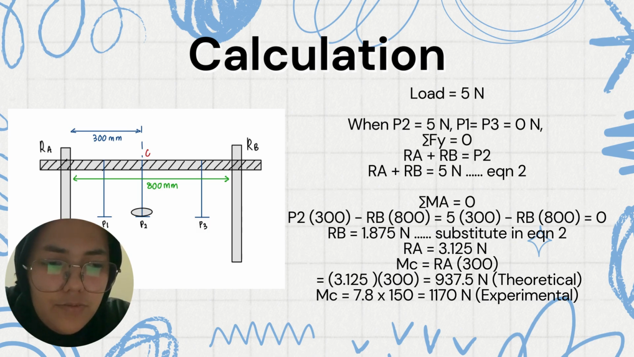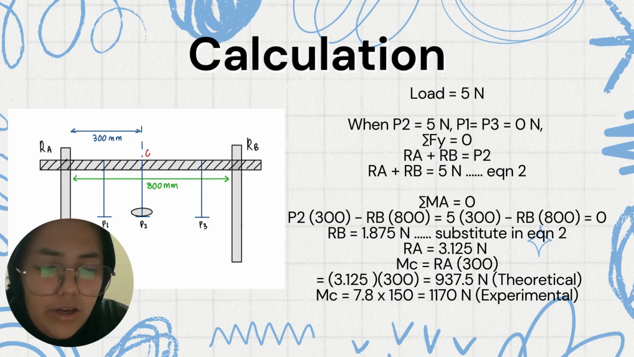And we can get the moment at constant, which is in P2, from only pin A because the weight is placed in the constant. So pin A is 300 millimeters from the constant, so we can get the force of 937.5 Newton. And now we can find the moment at constant, which is this one is from the experimental, so 7.8 is the net force, and we get